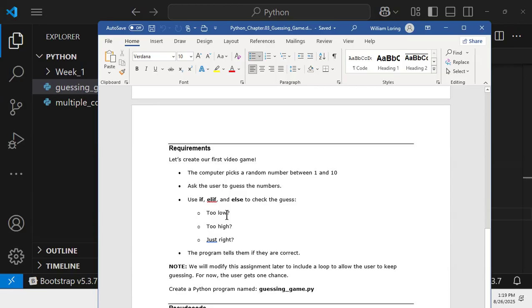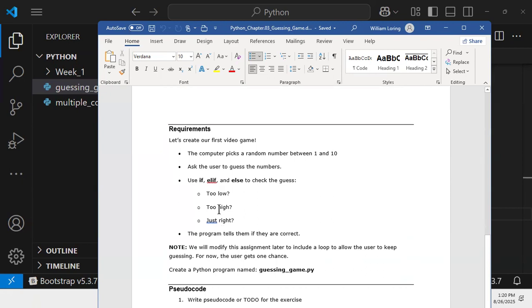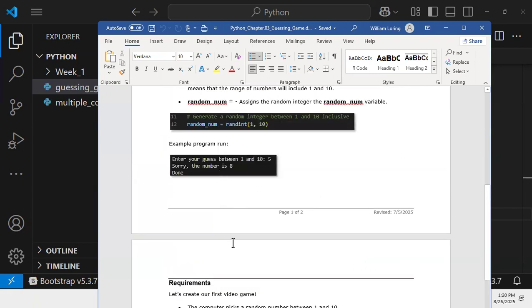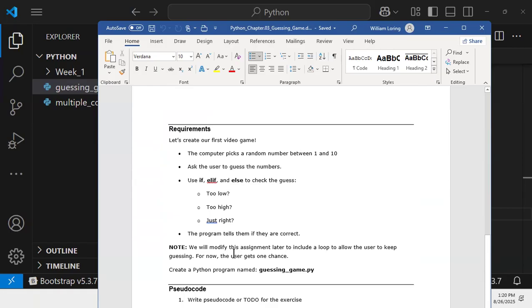Oh, I didn't quite finish it, did I? You still have this piece, because you want to let them know: is it too low? Is it too high? Is it just right? Is it correct? Once you get this, in maybe a couple of weeks, we'll include a loop so you can keep playing and keep track of all your scores with a running total. This could keep going for a long time, but this is what we're doing at this point. And I didn't actually do that in my example run, did I? Okay. I did not satisfy my own requirements.